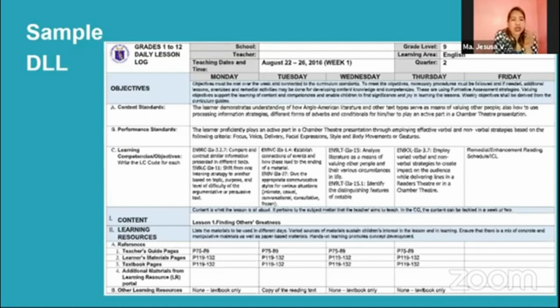So in English, we have so many competencies. I want you to look at the competencies there on the first column. I'm having a difficult time reading it. And then on the second column, the Tuesday, there are also almost the same learning competencies. And then on Wednesday and then Thursday. Of course, during Friday, we don't have any meeting.